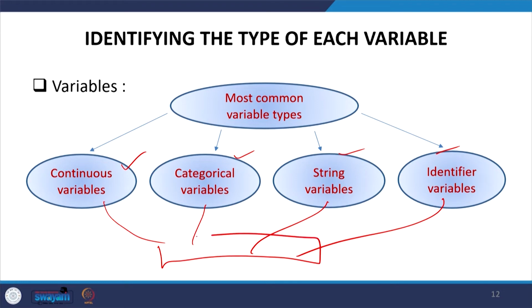How are we going to use them in analysis? If the data is continuous, then what model are we supposed to use? If the data is categorical, then what econometric or statistical model are you supposed to apply? If the data is in string, then what should I do? Should I destring the data or not? Those things we are guiding here.